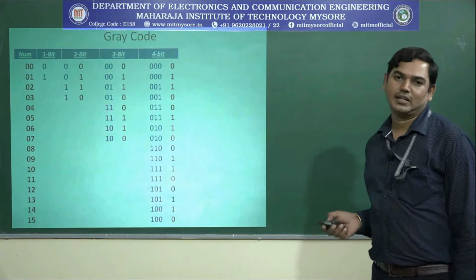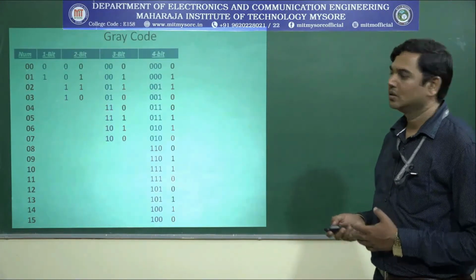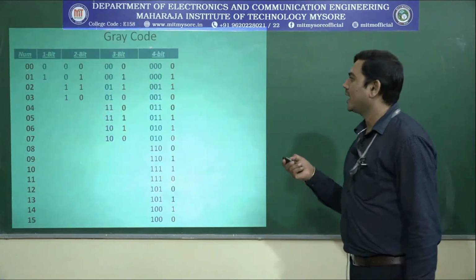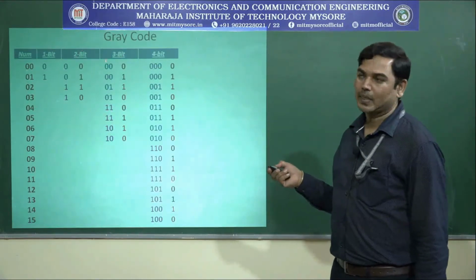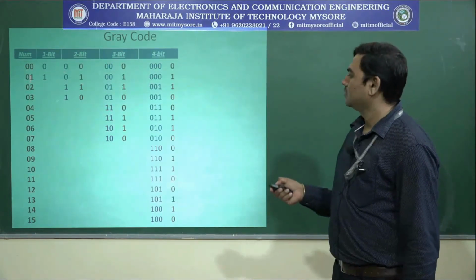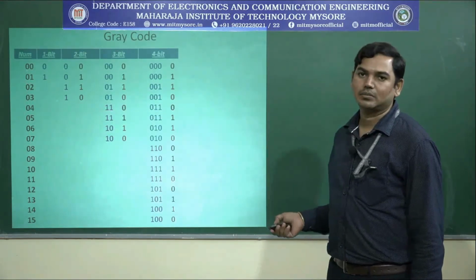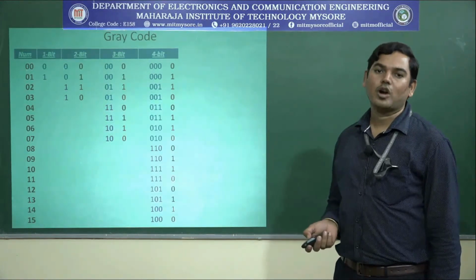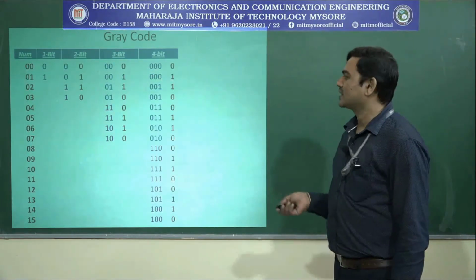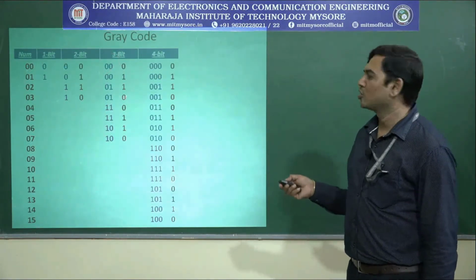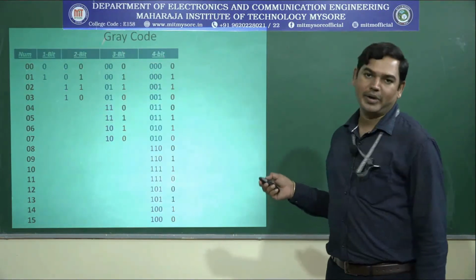What is the fun in writing this? Is there any purpose? Of course, the answer is yes. So this is called Gray code, named after the scientist Frank Gray. He represented the values or the data in this type of numbering system known as Gray code. What is the speciality? What is meant by Gray code? This is just an exercise to demonstrate how to synthesize Gray code of varying bit lengths.